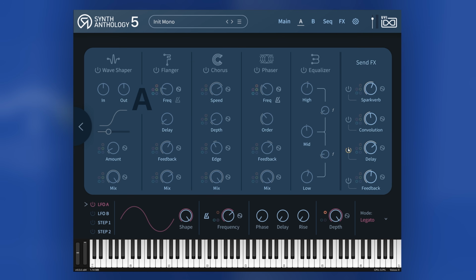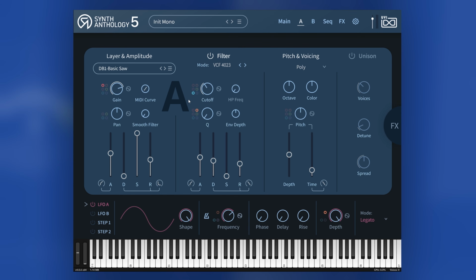We'll move into the effects and start sending it into the delay and the reverbs. Then maybe we could bring in some gentle chorus and mix it pretty low and throw just a pinch of it into the feedback here. So as I play something and start increasing the mod wheel, you can play the filter in a really interesting way that I think adds some fun textures and layers to